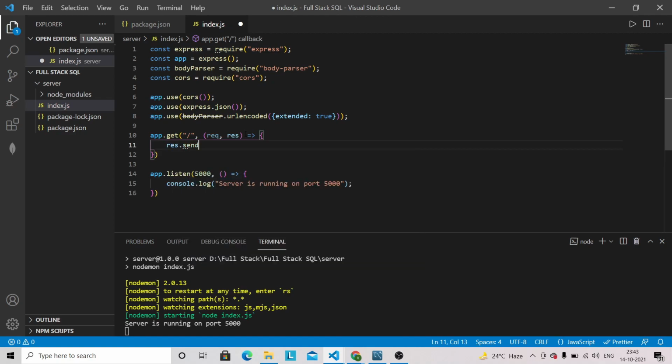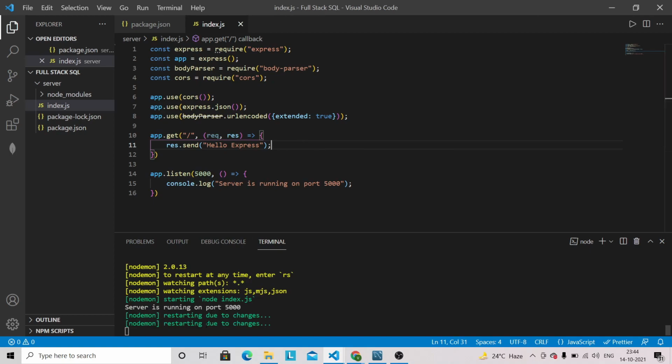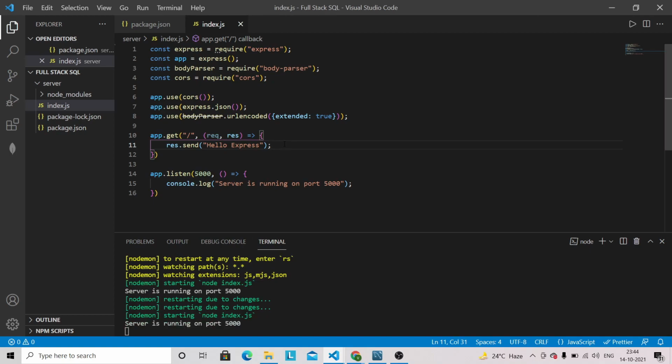So res.send("hello express"). Okay, hello express. We can save this file, and you will notice that our server got restarted after saving the file. So let's go into the browser and refresh this. Now you can see that we have got this message, hello express. So our express is running now.